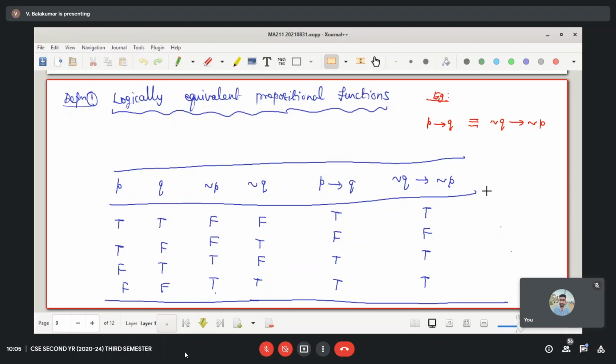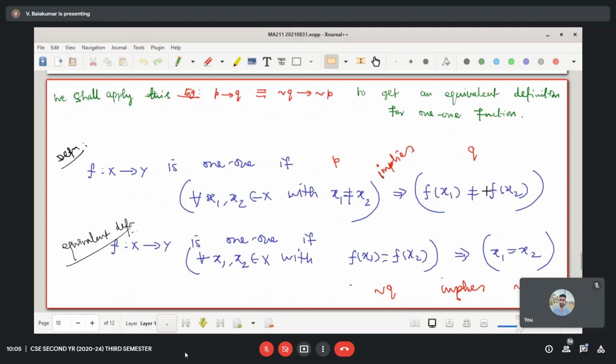two ways of definition you can say. I say two propositions are equivalent if one is obtained from the other. In other words, they have the same truth table value. So far we discussed in terms of truth tables. And immediately we applied this equivalence to define one function and its equivalent definition.